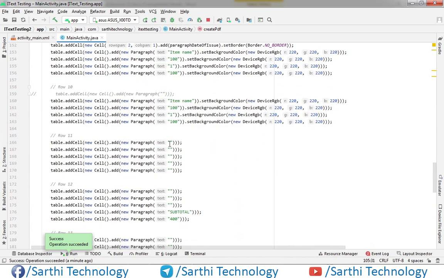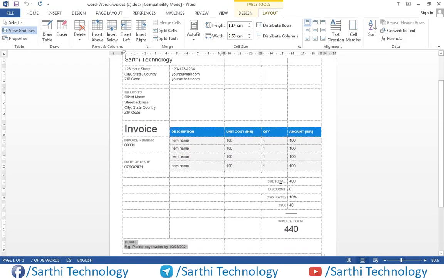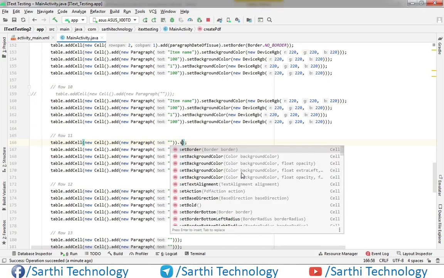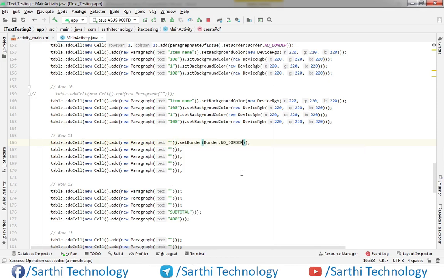Now row number 11. So row number 11 is blank, so we will just set no border. Here no border.